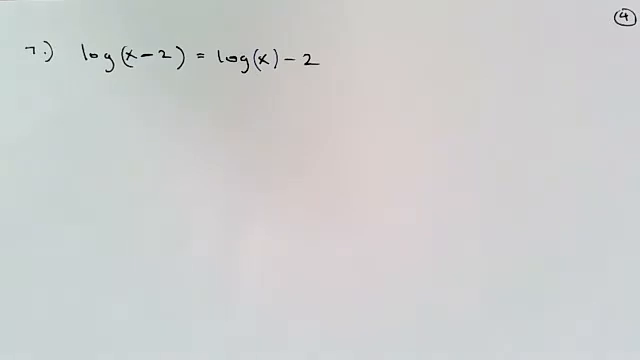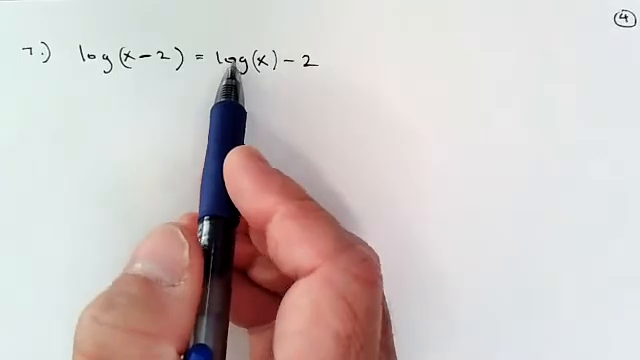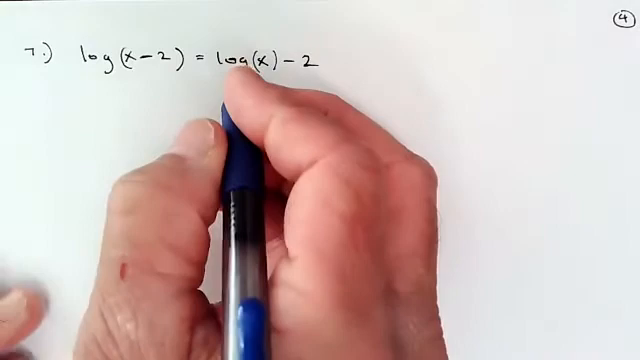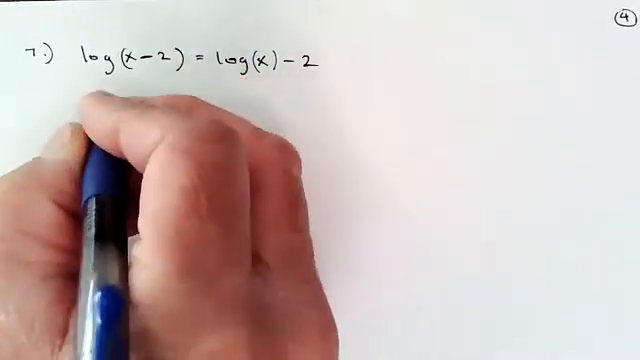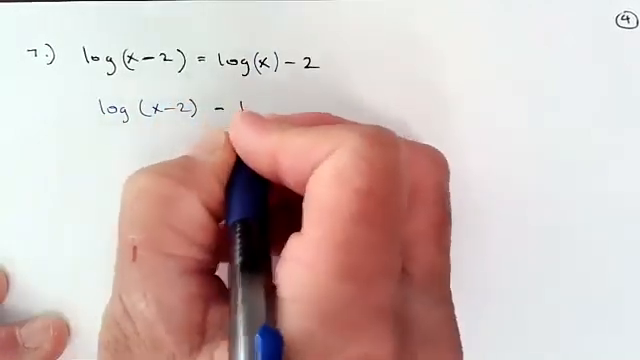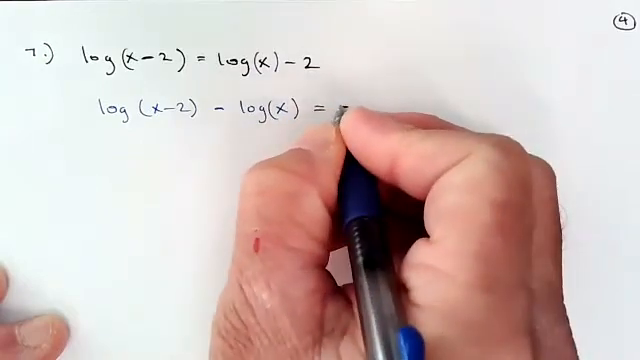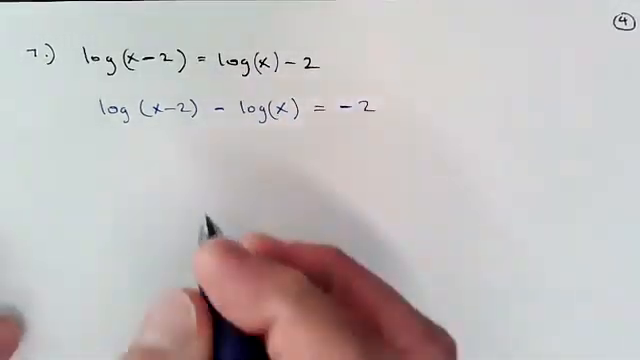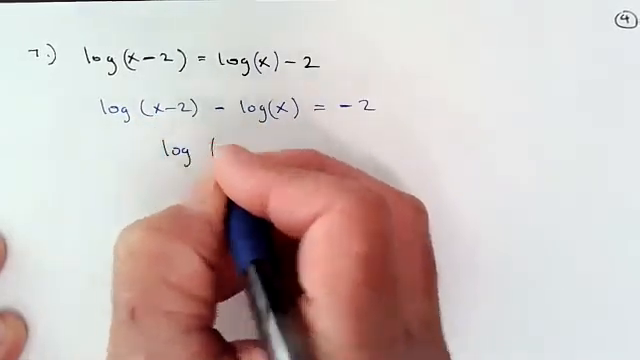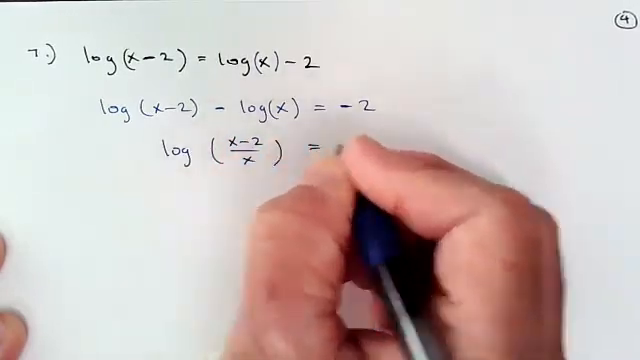If we learn something from the last problem, what we learn is if you've got two logs, it's nice if you can just combine that, condense that down to a single log. One way I can do that is if I subtract log of x over to the other side. So I have log of (x minus 2) minus log of x. That's going to leave me with -2 on the right side. Then I can express this as a single log of the quotient. That's the log of (x minus 2) over x